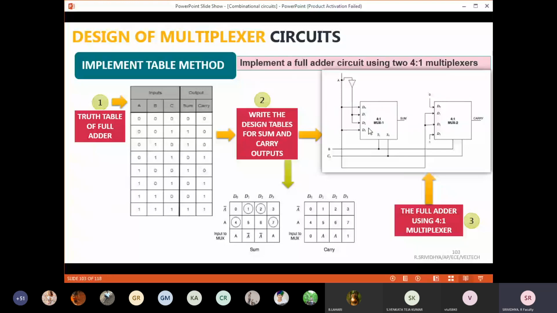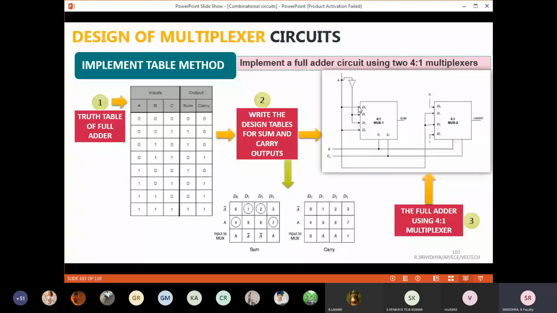And I'm putting the digits. Now this is not necessary. You should put D0, D1, D2, D3. You can just put it as 0, 1, 2, 3 also. This is nothing. This is indicating that many inputs are there. Okay, that's all. So now what we are going to do is for your D0 bit, okay, for the first